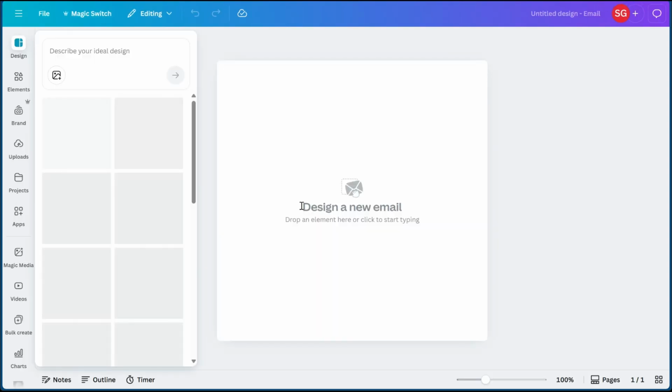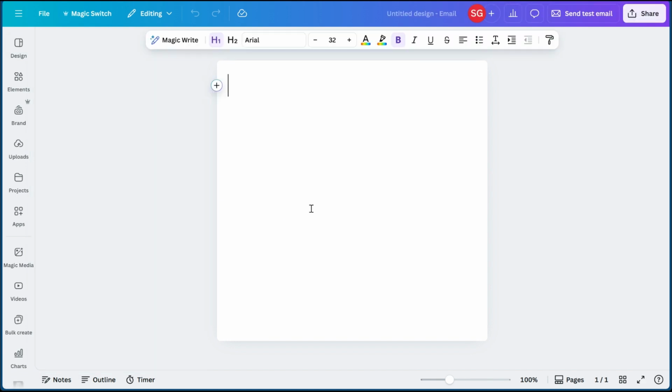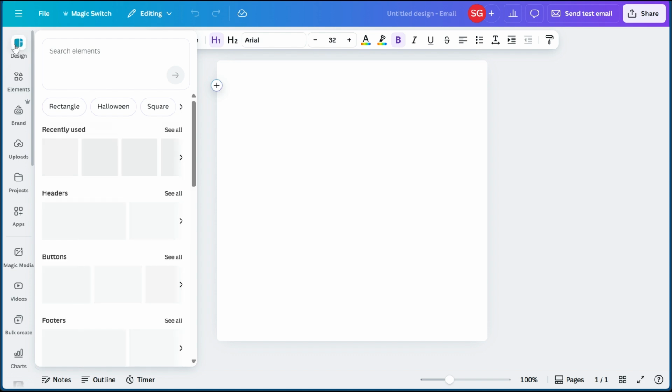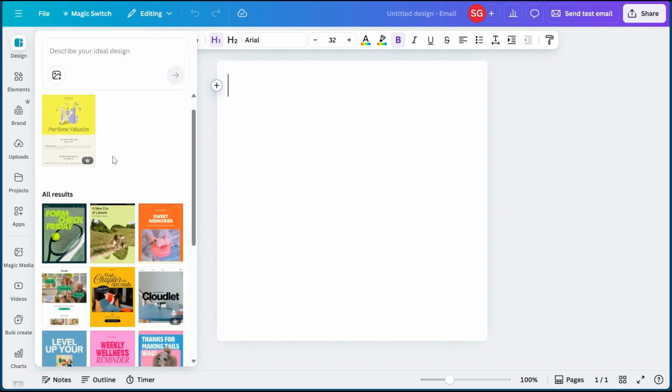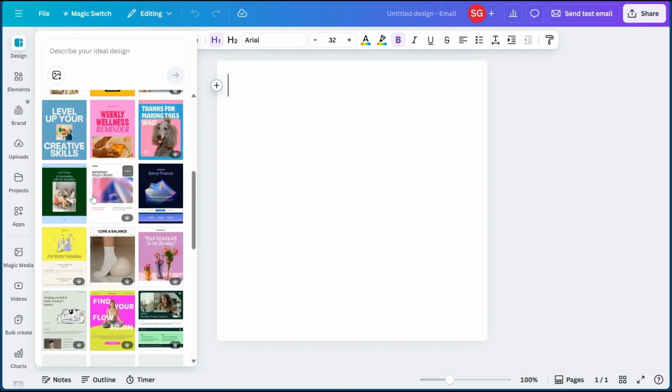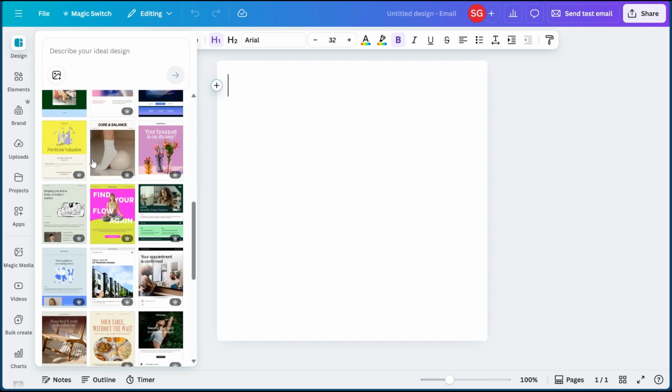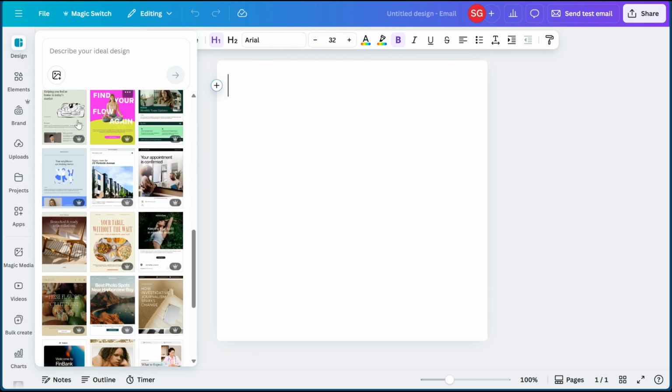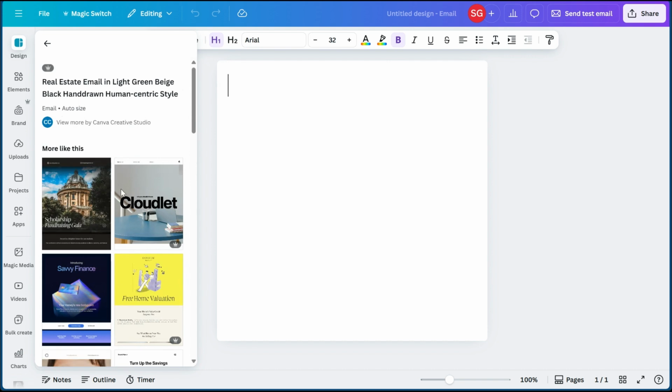And then it's going to say create a new email. So the typical email, of course, would be things typed out, but if you want to make it look nicer, we're going to go over here to designs, and they have a ton of different results. So of course, you can always search what type of design you're looking for. But for example, if we click on this one,